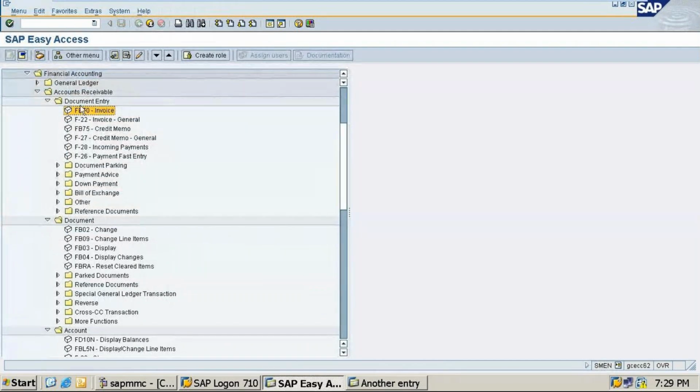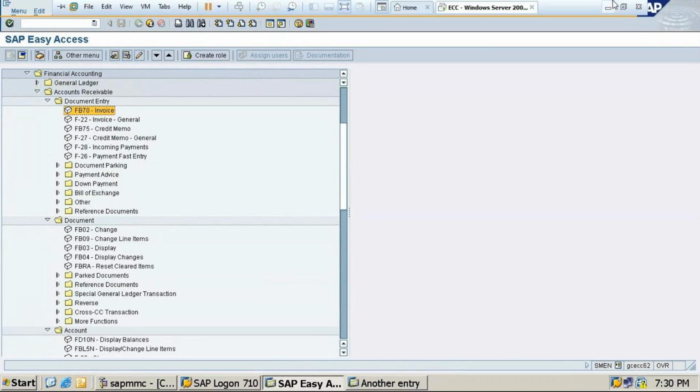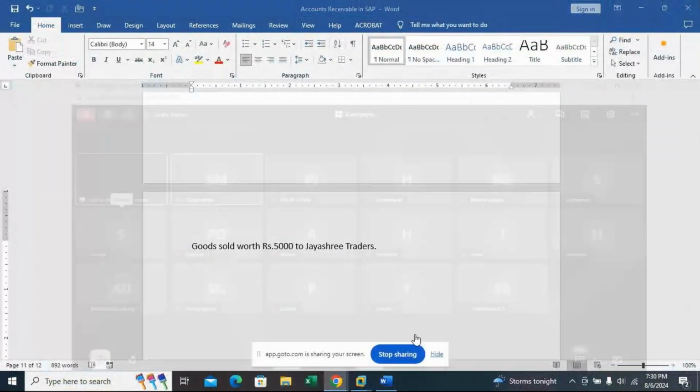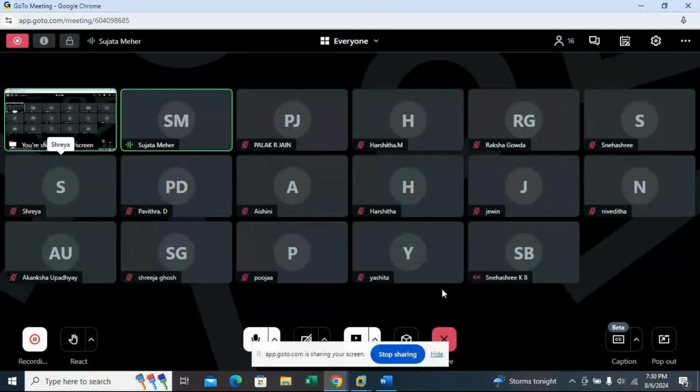Okay. I will check out your screenshot and see, ma'am, where the mistake is. Are all the students getting it like this, or only those who have done it? Have a few students entered today? Yes, tell me. Shita and Snehashri are getting this issue. What about others? Pavitra, who has done it? Send your picture if you have done.